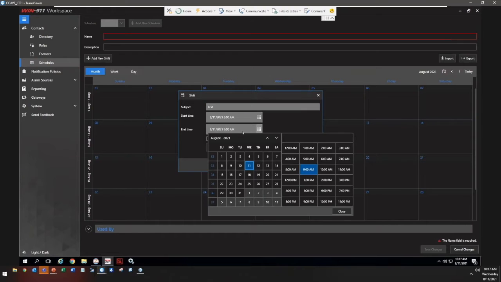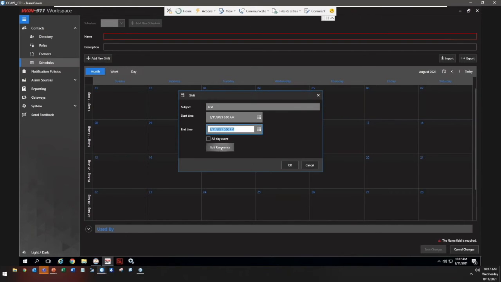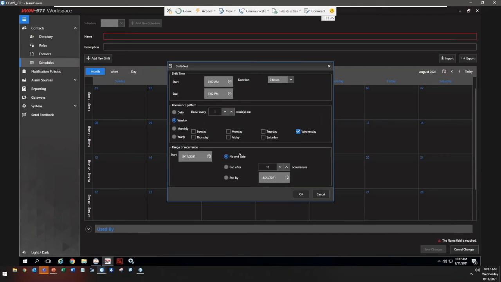For the first one, our end time is going to be 4 to 5 o'clock. Once we have our end time set, then we can create our recurrence. So we go into our recurrence, and maybe it's just going to be Saturdays and Sundays, so we can uncheck those. And so now we have our shift for 9 hours. We have the days that they're going to be on. Once we save that, it becomes available